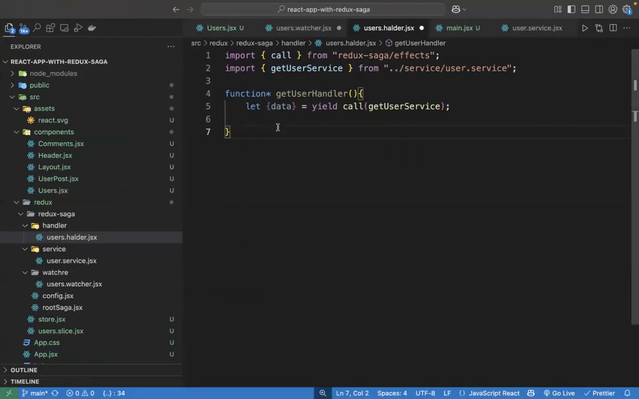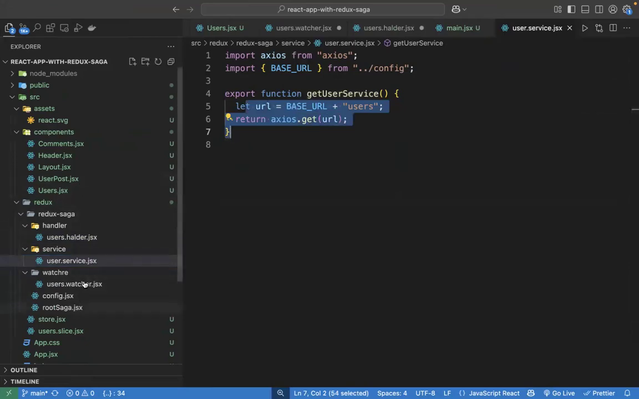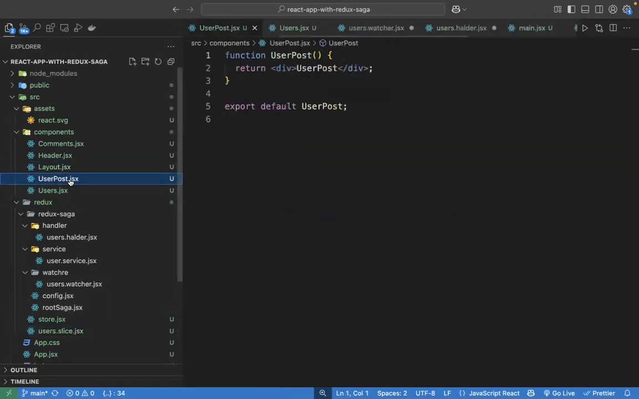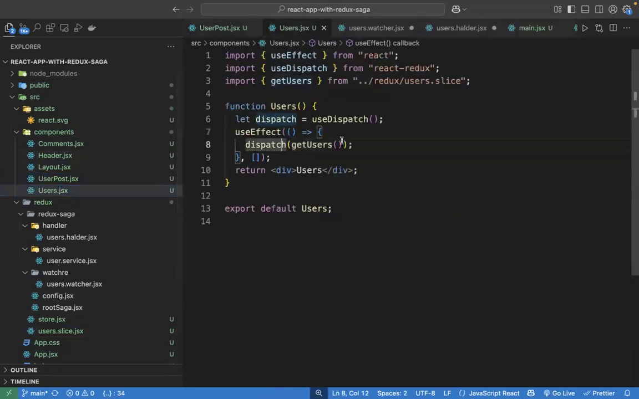Yes. Okay. So till now we have just completed the service. And we have generated a service. After the service generation, we have created one more thing. We have created a slice. In the slice, we have created a reducer action. That action was called in my users component. Now as soon as this action runs, to get a trigger of this action, we have